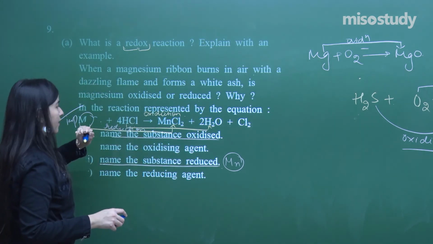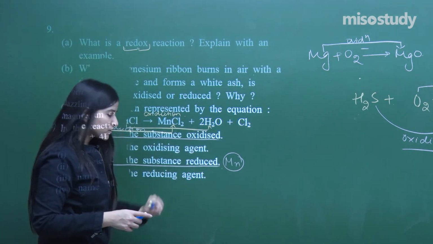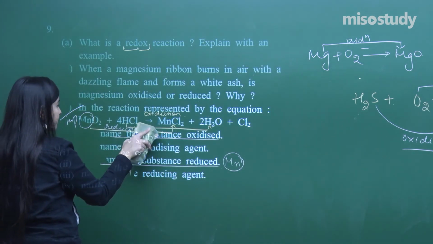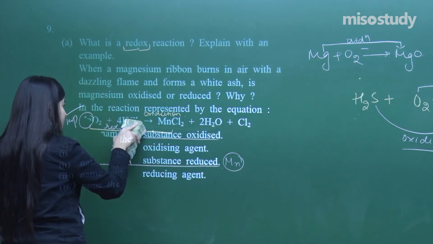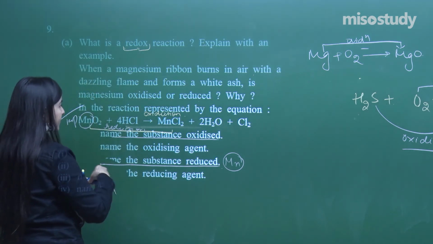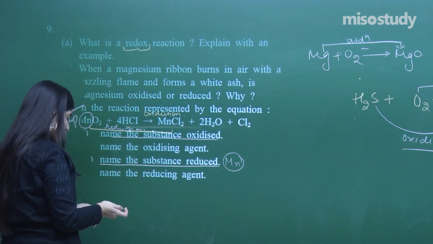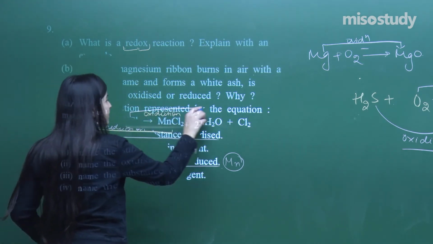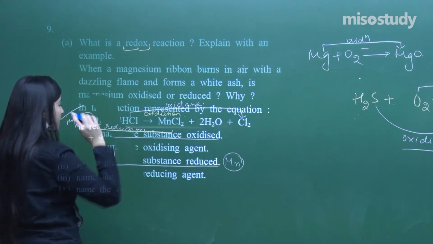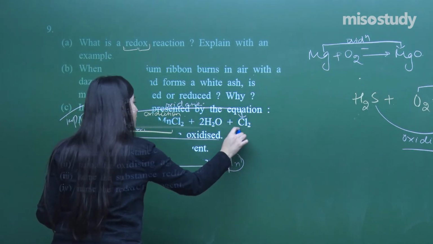In terms of chlorine also I can find it out, not just the oxygen. Chlorine would be the appropriate one, see. Let us remove this correlation right here, and let's consider this chlorine which is actually losing the hydrogens. So the chlorine which is losing the hydrogen is what? Oxidation. Yes, cool. So the substance which is oxidized is chlorine.